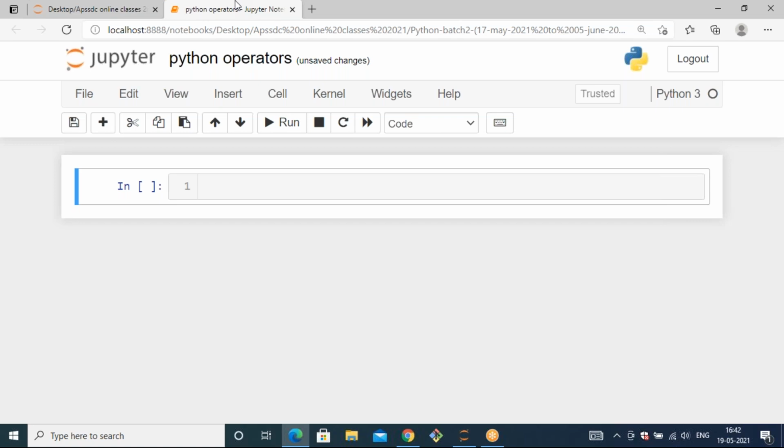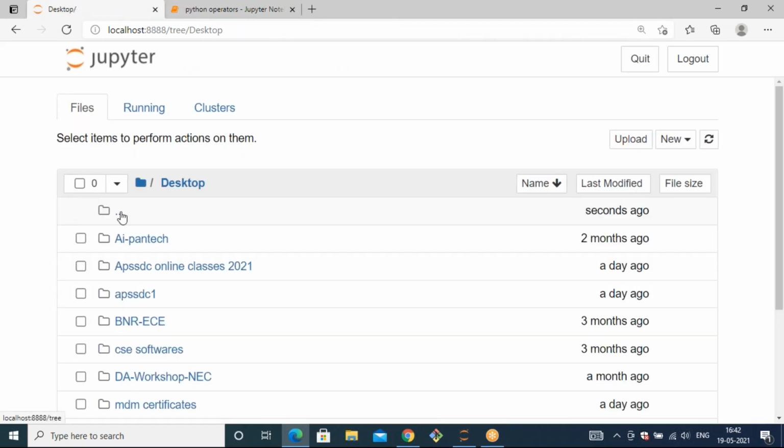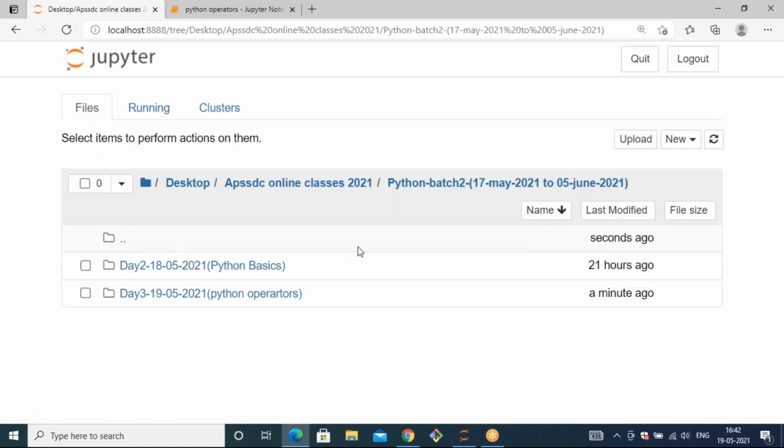See, after starting your Jupyter, you need to create a new folder. We already created a folder on the Desktop, so open that folder. In your folder, try to create a new folder for today's date.